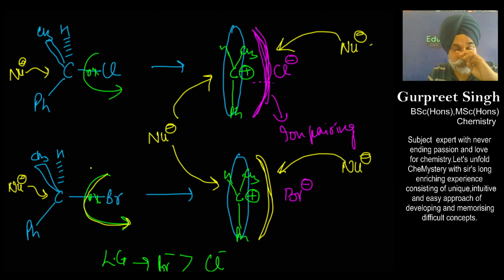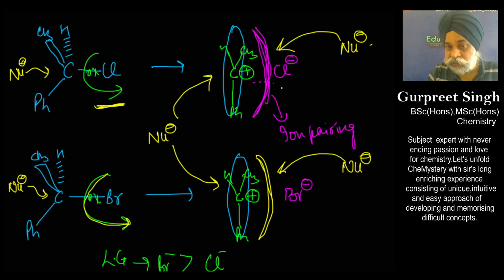But this would be better if the mechanism were SN2, where bond breaking and making happen simultaneously. But here the clear-cut carbocation has been formed. Now what we are saying is, since the carbocation is being formed, it can be attacked from both sides, front side and back side. But the front side, from where the Cl negative has gone,